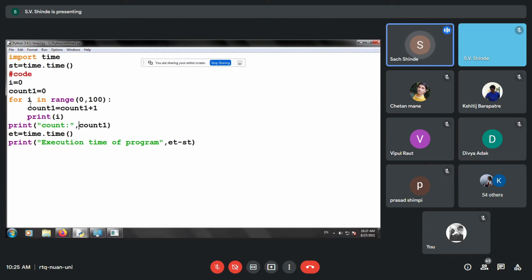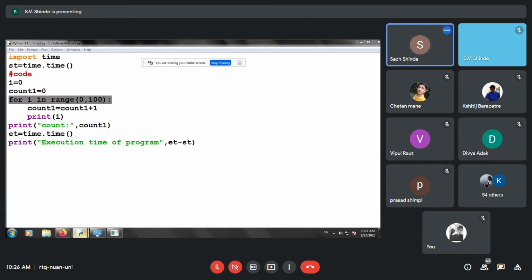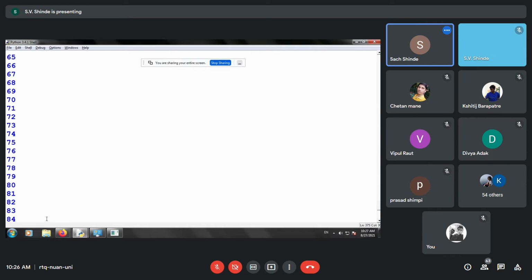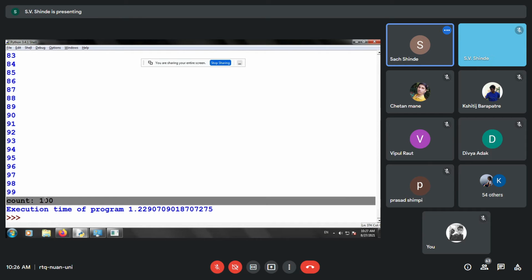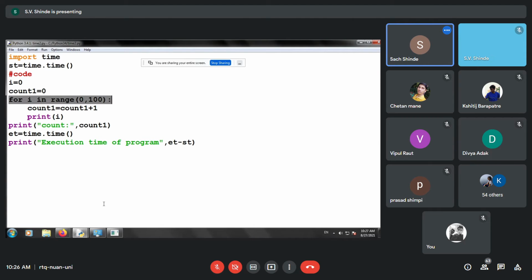So how many times is this for loop executed? You can see in the counter that the for loop is executed 100 times. So can we say that the for loop is terminated at 101? Yes, participants? Or is it terminated when it is 100?